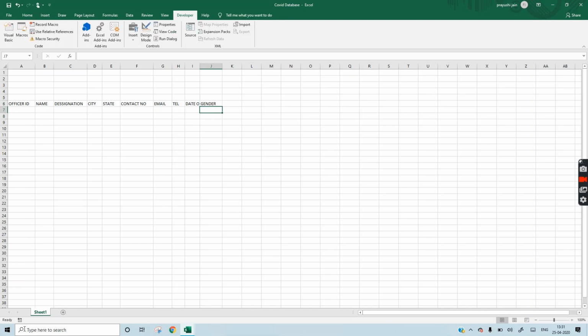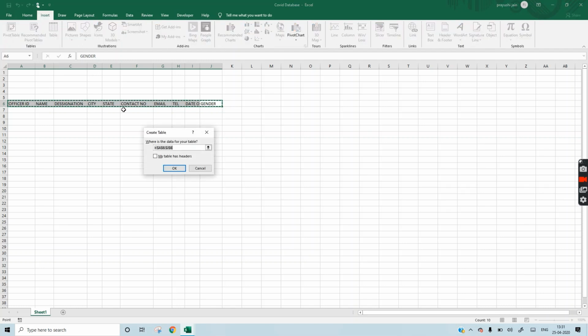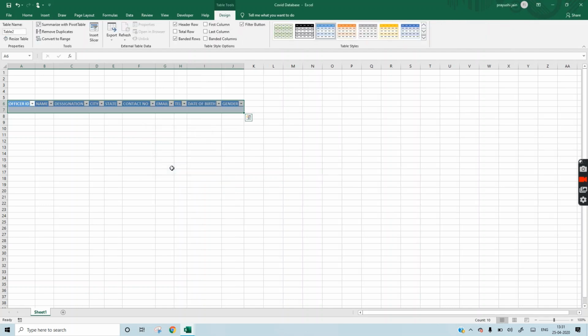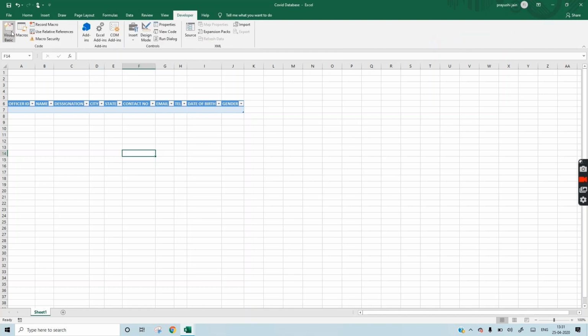We will select all. Then we will create a table. Yes, we have headers. Okay. Now again we will go to the Developer tab. So this is our requirement. We want to do mapping according to these columns.